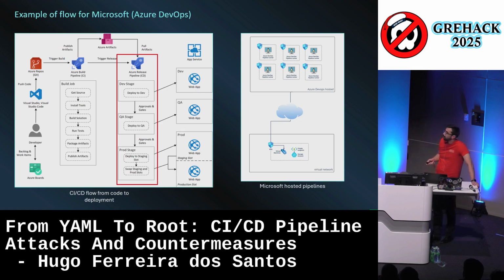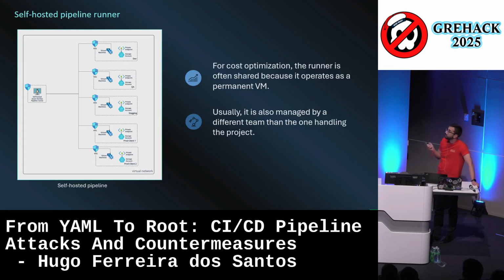But you have to open your infrastructure to an external source. The second one is self-hosted pipelines. Those are directly hosted inside your network, inside your infrastructure. So you have to maintain it, add all the new versions, and configure it. And the good thing here is that they are already inside your network. So in terms of network accesses, you don't have to open your network to the outside, but it's a little